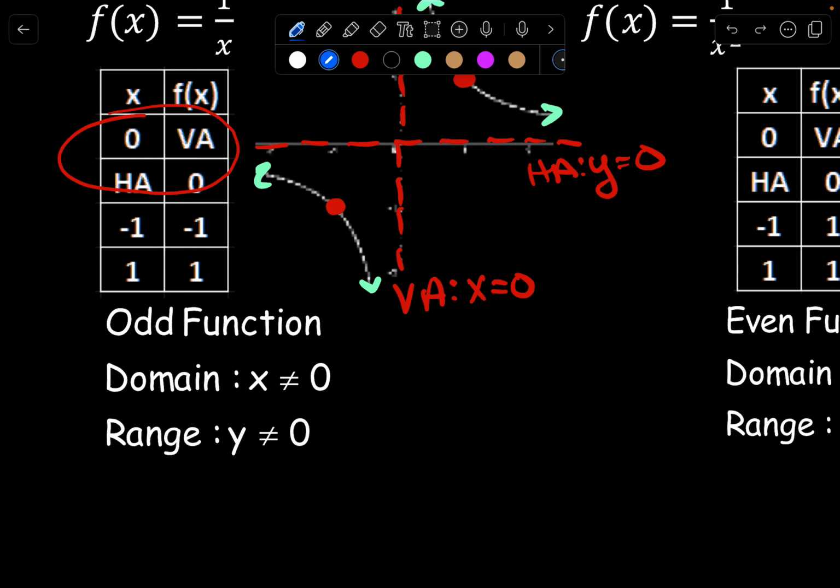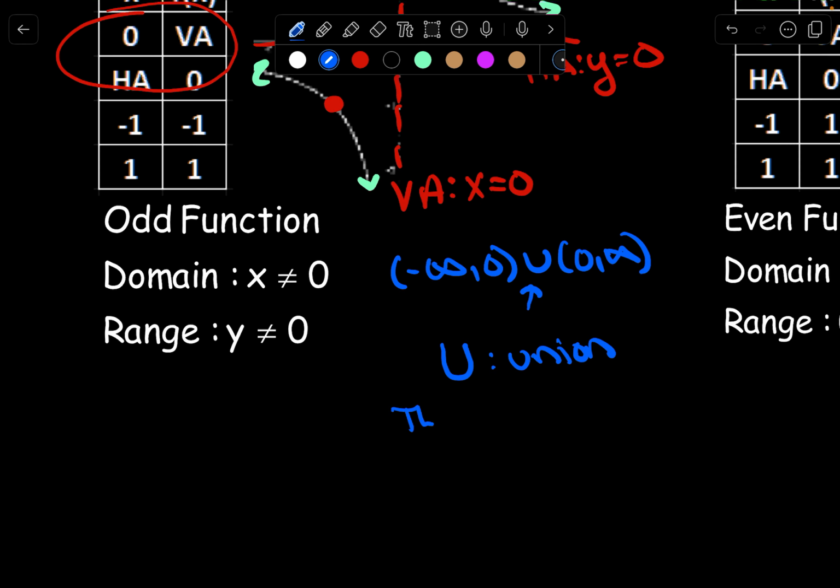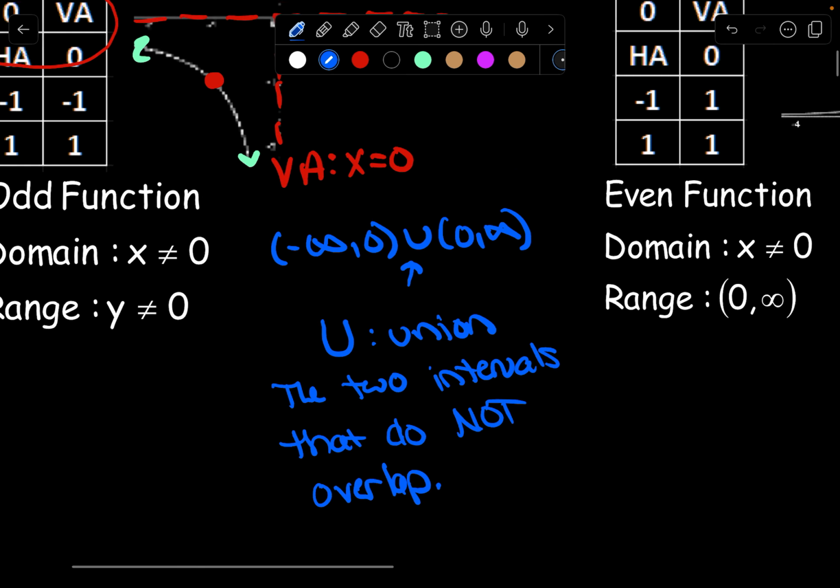If you see this, I'll bring this back. Actually, I can't use that anymore. So -infinity to 0, union, 0 to infinity. This U means union, and that just means the two intervals that do not overlap. So that's all that means. We'll be using union a lot. I can't remember if y'all used it last year or the previous year, but we're going to be seeing union